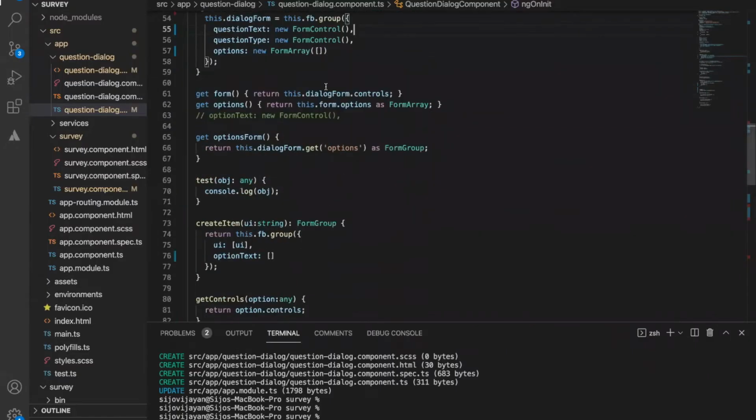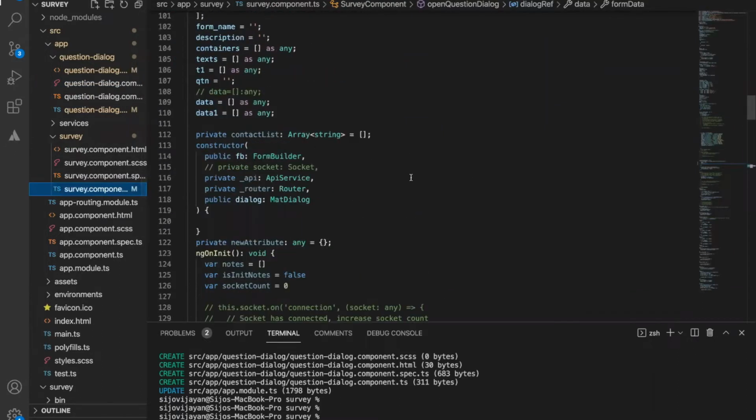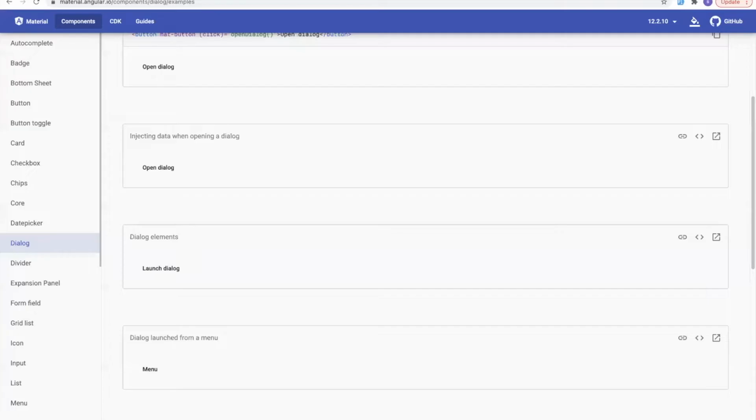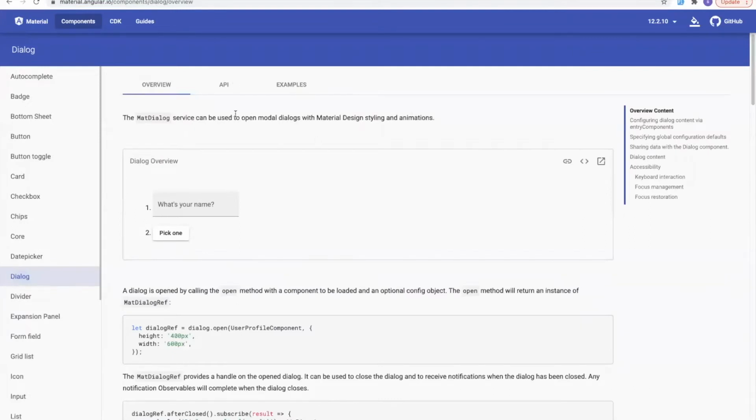First of all, this is our parent form, I mean the parent controller. I hope all of you checked the previous video that explains how we can integrate a dialog box in an Angular project. There is a material based dialog box available here. This is the official Angular website, where we have an option called dialog. I have integrated that dialog box based on the documentation provided here.